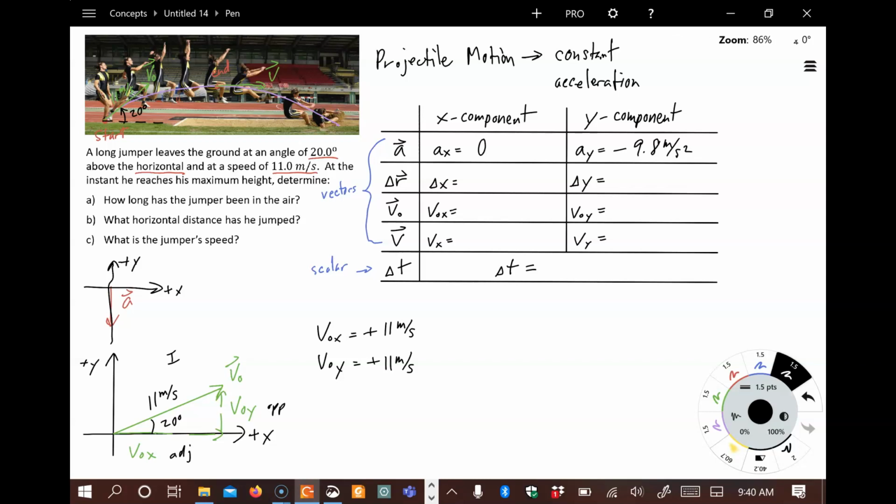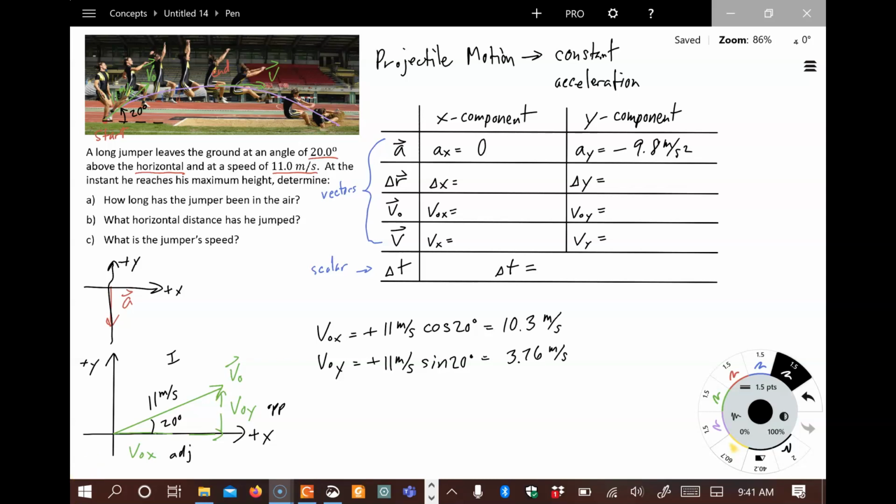So for x, we're going to use cosine of 20 degrees. And for y, we'll use sine of 20 degrees. And now we'll calculate these and put them in our calculator to get the answer. So those are the answers we got, and now we're going to put those in the appropriate column for the